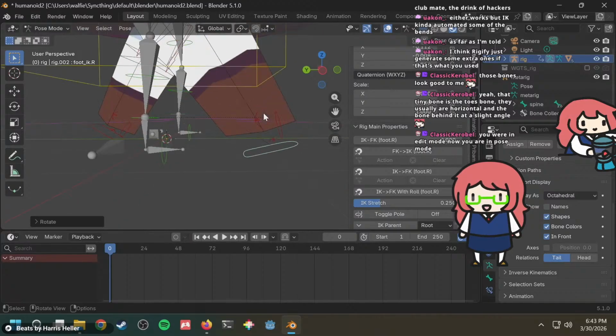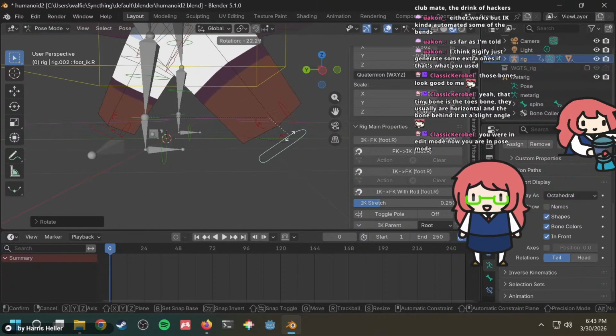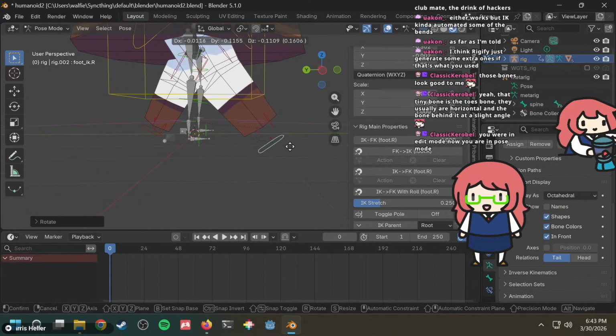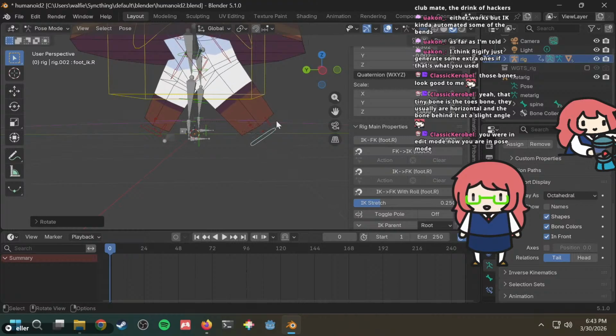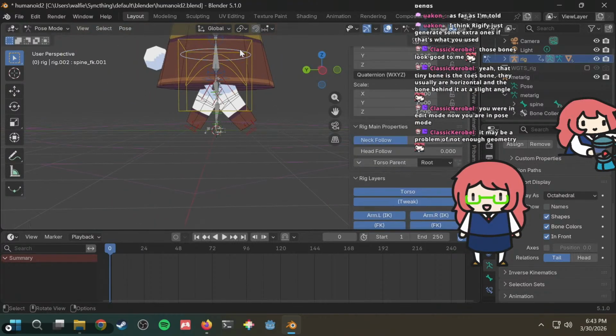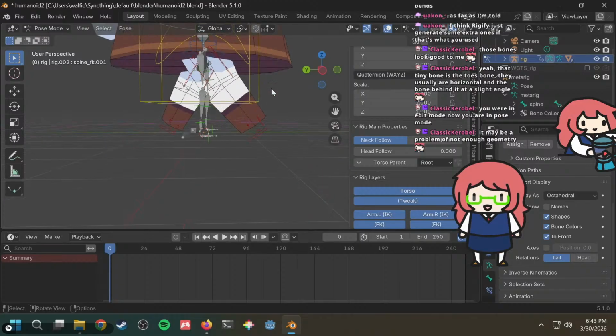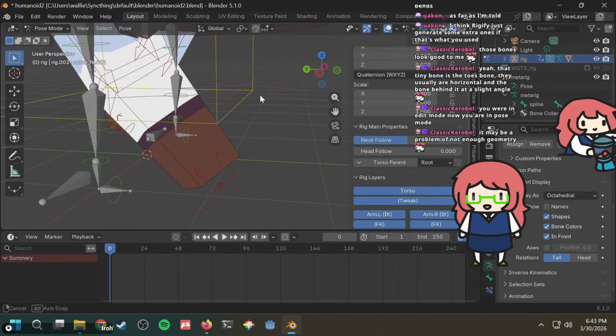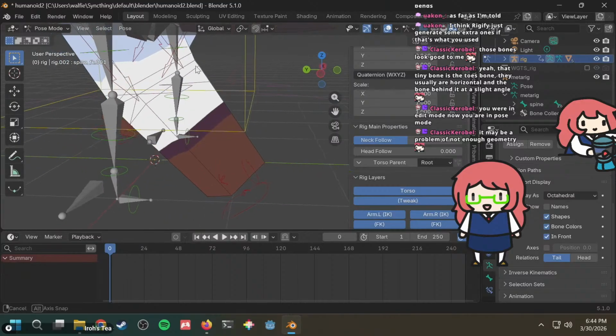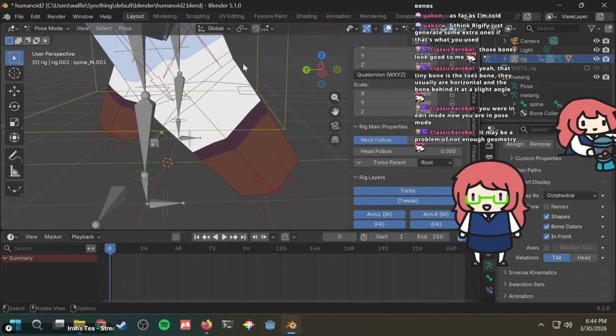I thought this was fixed. Maybe it's fine if I just rotate this slightly. Alright, and then the torso has got to be lowered. Might be not enough geometry.